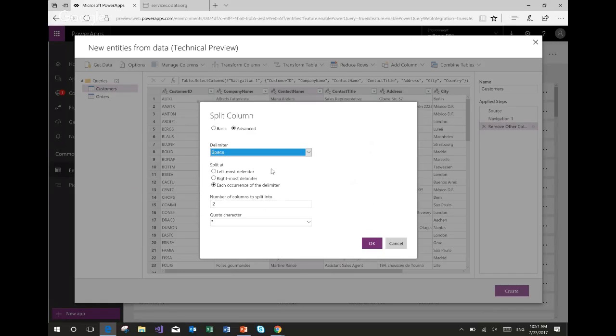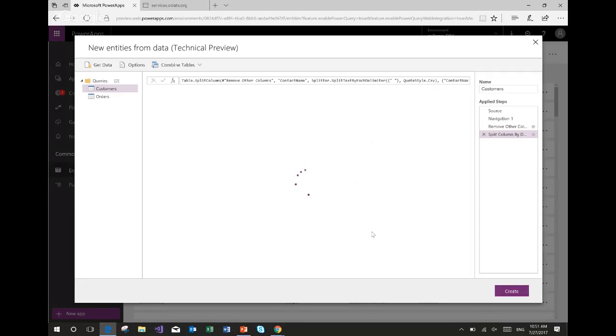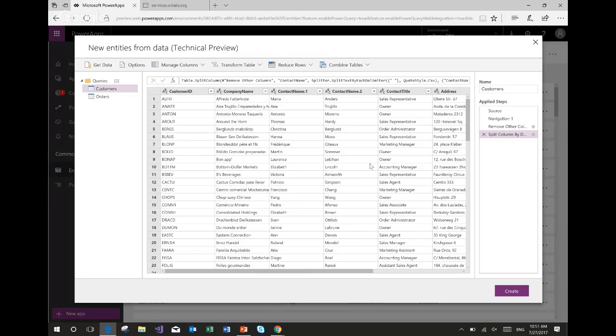In this case, I'm going to use the space. And I'll split at the leftmost. So basically, I'll use the first token, the first word here, as the first name, and everything else will become the last name. I know that's a simplification, but it will serve to illustrate that I can split a column into multiple. So now I have two columns. I'm going to rename the first one to first name and the second column to last name.